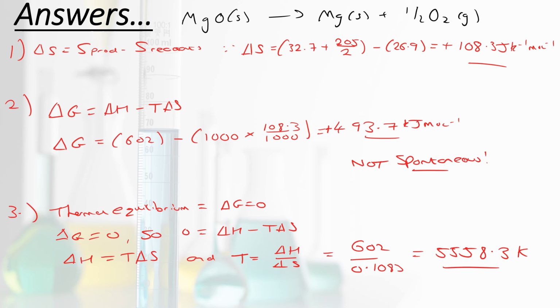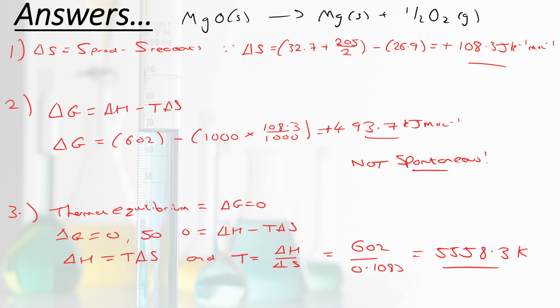Now, how could we have predicted this before even doing a calculation? Well, we have 1 mole on the left-hand side going to 2 moles on the right-hand side. The products are more disordered than the reactants were. Or we can look at the fact that we go from a solid to making a solid and a gas. Because we're making a gas, it is much more disordered than a solid is. There are many more ways of arranging those particles, and hence we have an entropy increase, an increase in disorder.